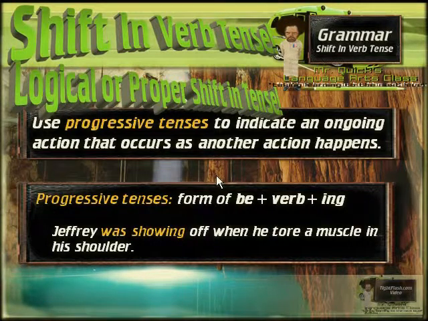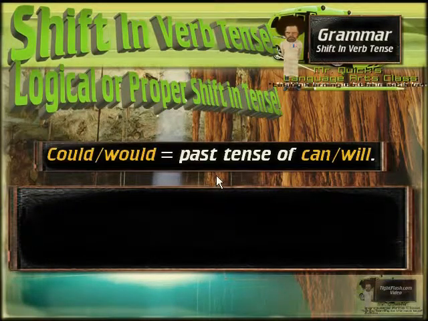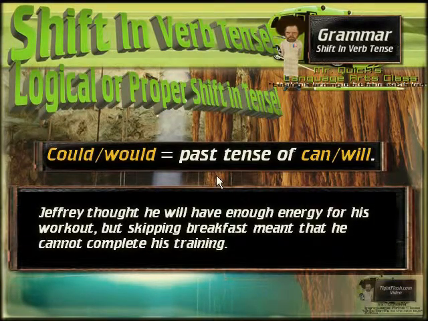But the point being that you want to use these progressive tenses with other tenses solely for meaning, and you have to make sure that you use them in conjunction properly with other verbs. Now let's look at this. Could and would, past tense, can and will. We got to remember that. That's a definite rule that we have to remember. Could, would equals past tense of can and will. All right. This is definitely one that a lot of students get confused here. But if you can remember that, the past tense of could and would is can and will.